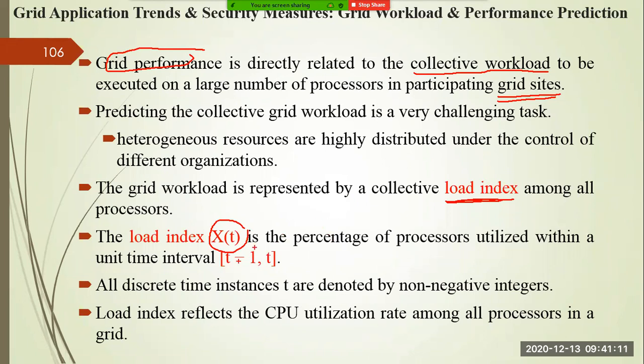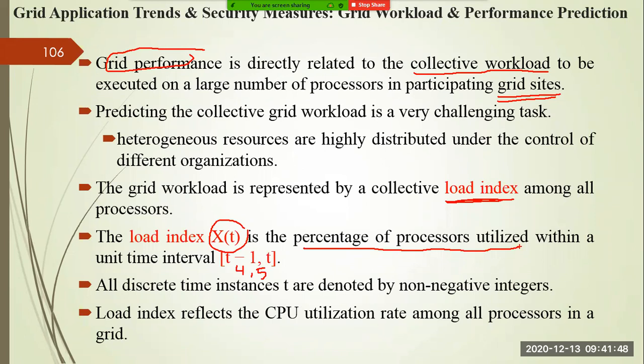Let us consider, for example, t is equal to 5 seconds. So I can say t minus 1 is 4, and 5. So within 4 to 5, within 1 second, or within 1 minute also, if the time unit is minutes. So within this time interval, what are we calculating? The percentage of the processor utilized. Like in our computer system also, we can watch whether the processor is utilized fully or not, right? Or how much percentage of time the processor is busy. So that is defined with the help of this load index.